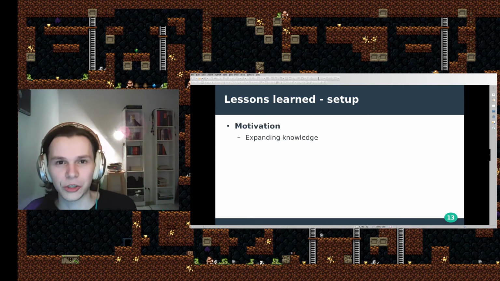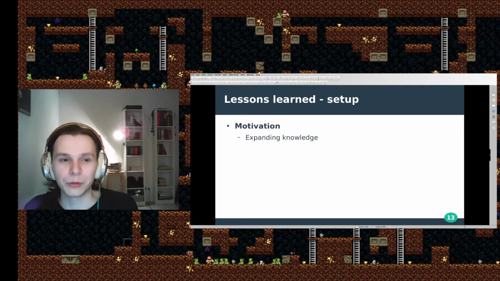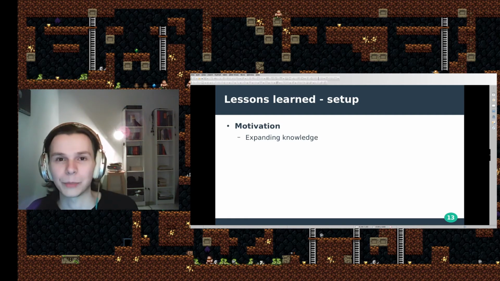What was my motivation for coming up with this Spelunky PSP? Well, part of my motivation was to expand knowledge. I wanted to learn more about C++, CMake, and OpenGL because it's simply in my field of interest. And what I'll always say, there's no better way of learning a technology than writing a game using it. But it's not only technologies that count, there's also a lot of design patterns that I learned and applied when writing Spelunky PSP. And design patterns are